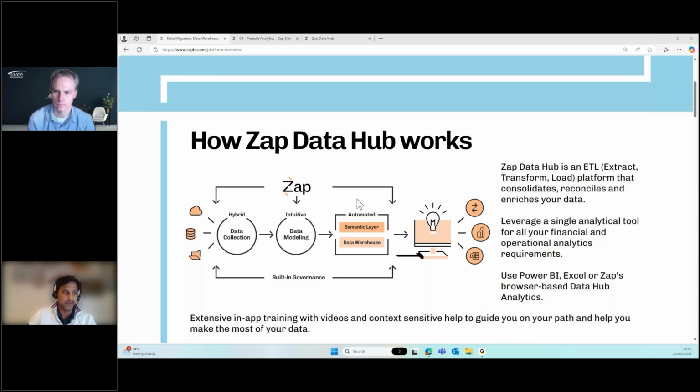This is all pre-built. We give you a cube, and then you're able to report from that cube on one of the three analytics tools that we support. So it's Zap BI or SDNA, Power BI or Excel, or you can do a combination of that. So I'm going to talk about Zap BI itself, and I'm going to talk about some of the pre-built content